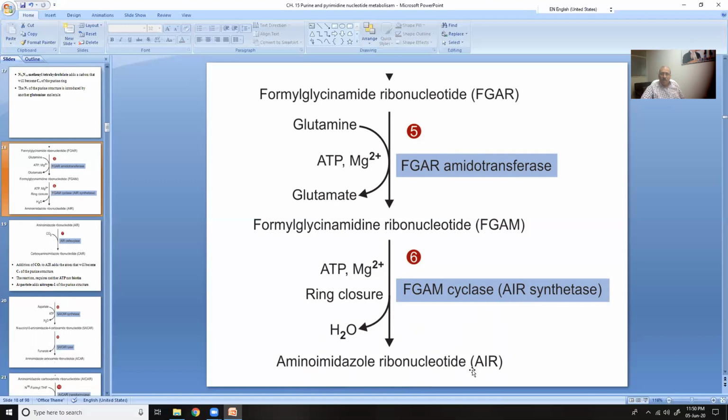What does FGAM mean? It is formyl glycinamidine ribonucleotide. Okay. Formyl glycinamide ribonucleotide is FGAR. Okay. Then